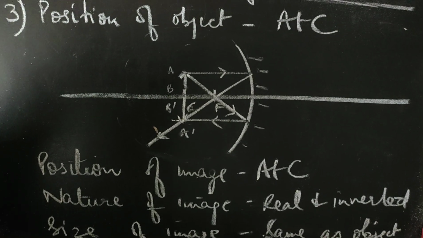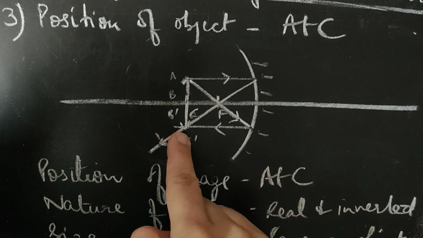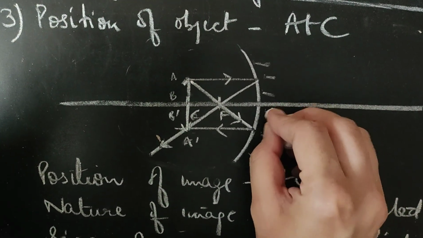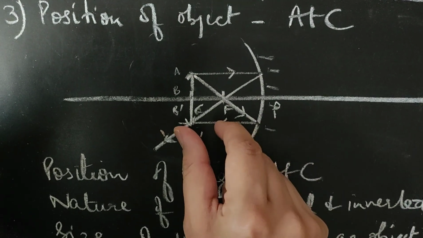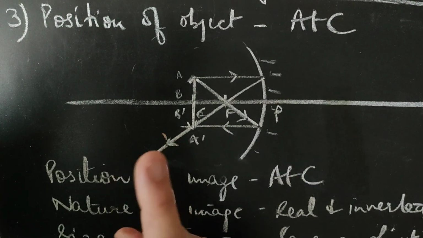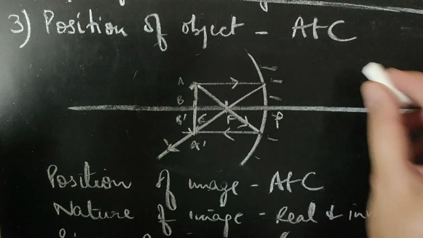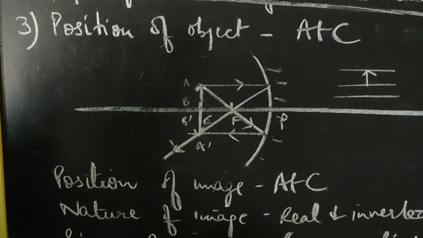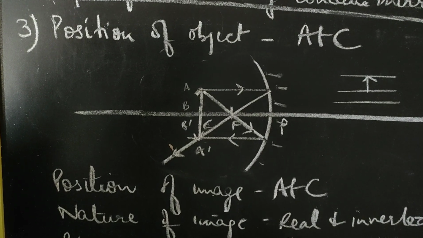And remember, students, you will have to practice this ray diagram. Usually students don't get the image exactly at C. It's only practice that will help you. You have to be careful while drawing the ray diagrams that these distances should be equal between F and P and between C and F. This is one thing that you need to keep in mind while drawing the diagrams. Secondly, as I said in the previous case also, don't draw very huge objects. जो आपकी रूल लाइंस है नोटबुक की, दो रूल लाइंस के बीच की हाइट ही लेंगे आप ऑब्जेक्ट की, उससे ज़्यादा ना लें. It will be helpful for you to get exact ray diagrams.